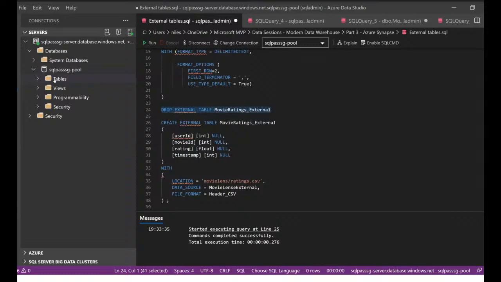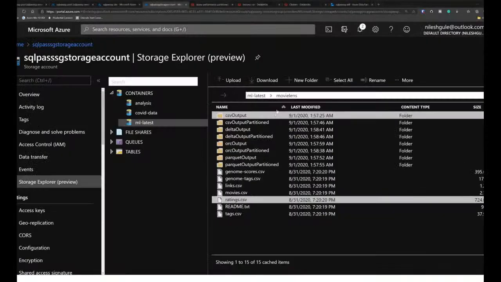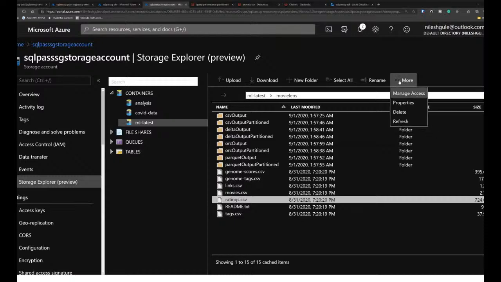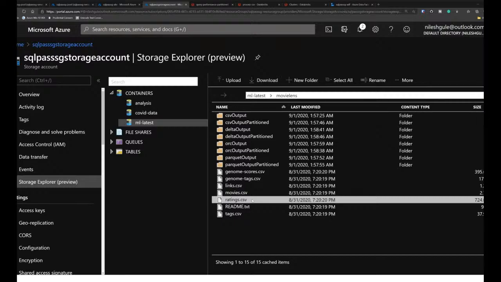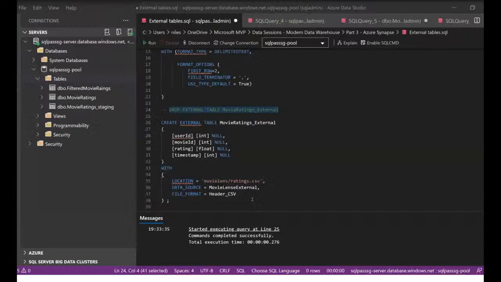You can see here, we don't have that external table. Let's see what happens to the data. You can see that the ratings.csv file is still there. It did not delete the data. That is the benefit of using these external tables. Now, if I create the table again, the schema using external table, we would be able to query it again.